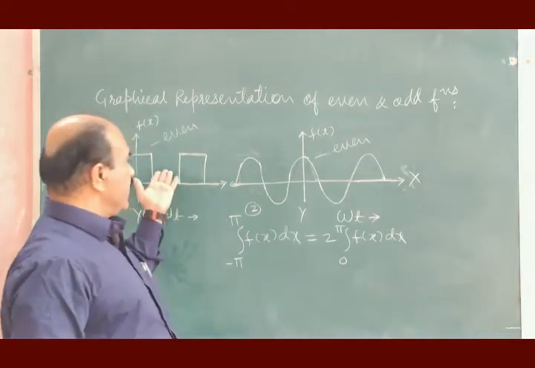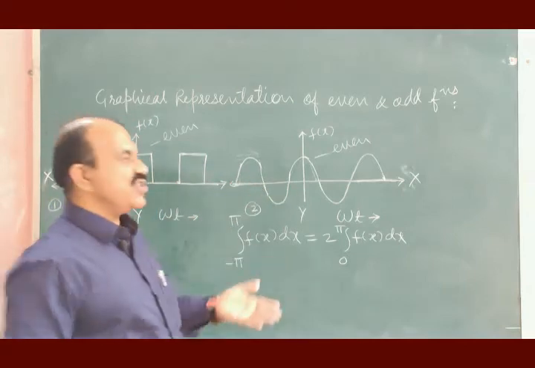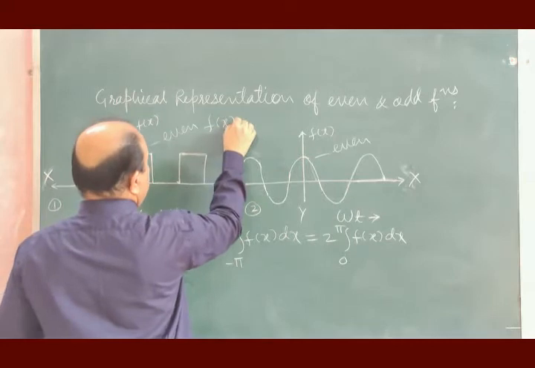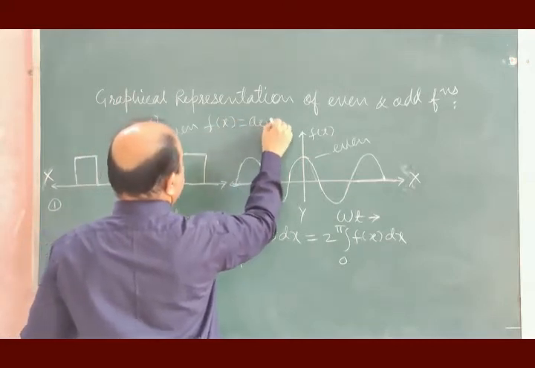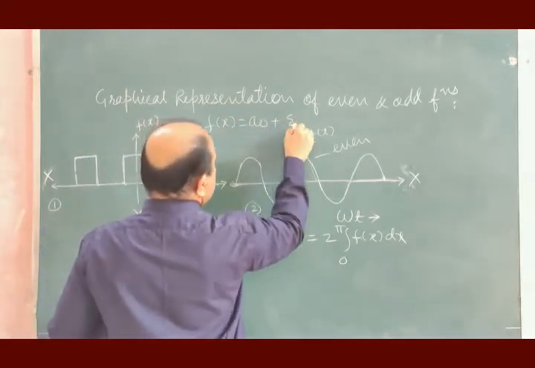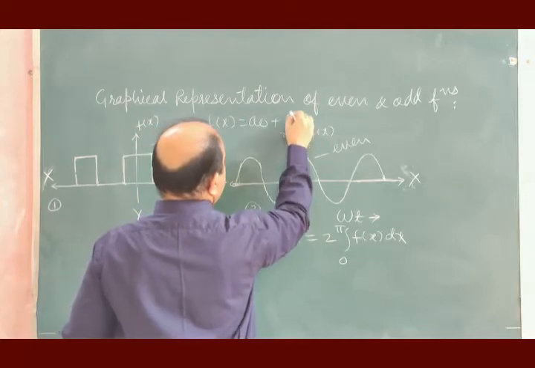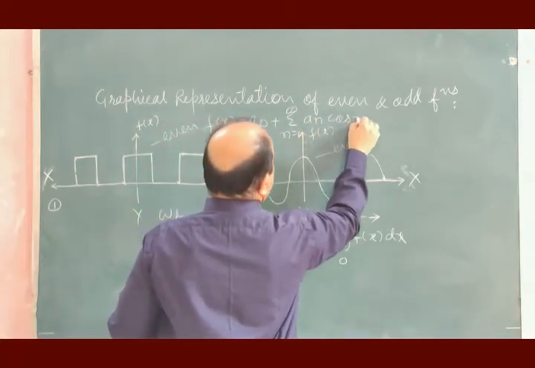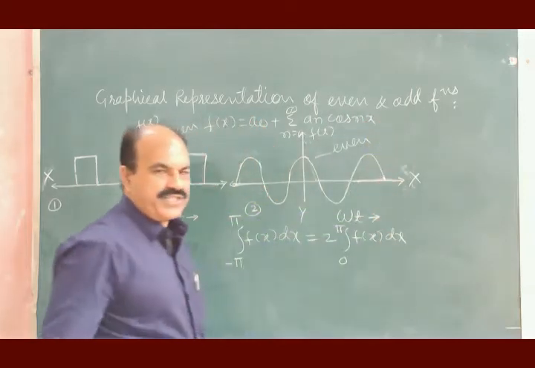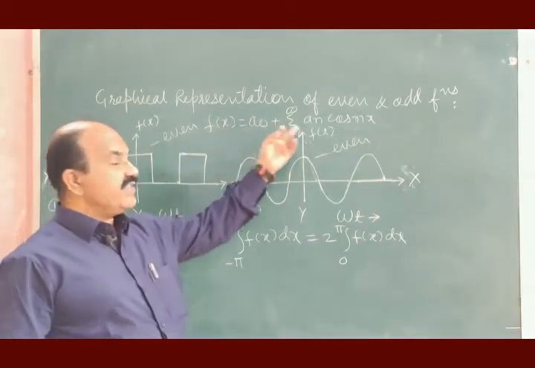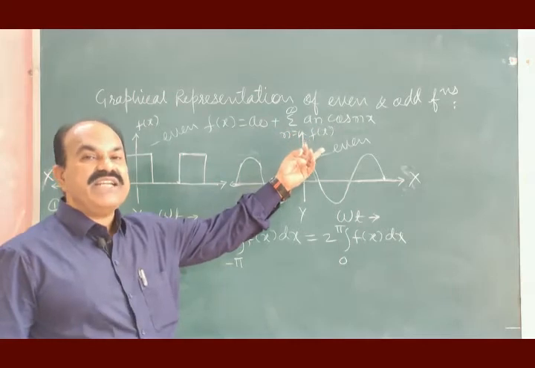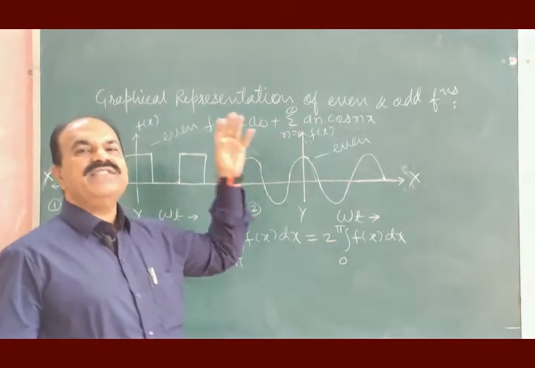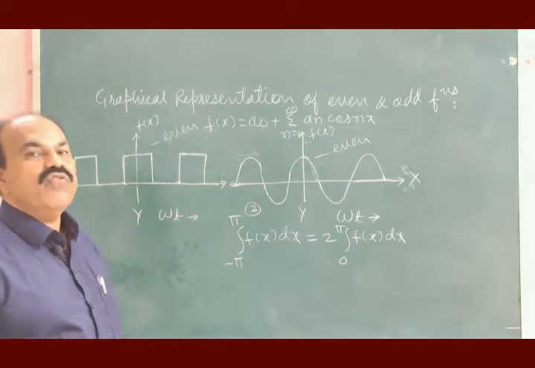And therefore, this function can simply be represented as f of x is equal to a0 plus summation of n is equal to 1 to infinity a n cos nx. This is the Fourier series representation of this even function, where